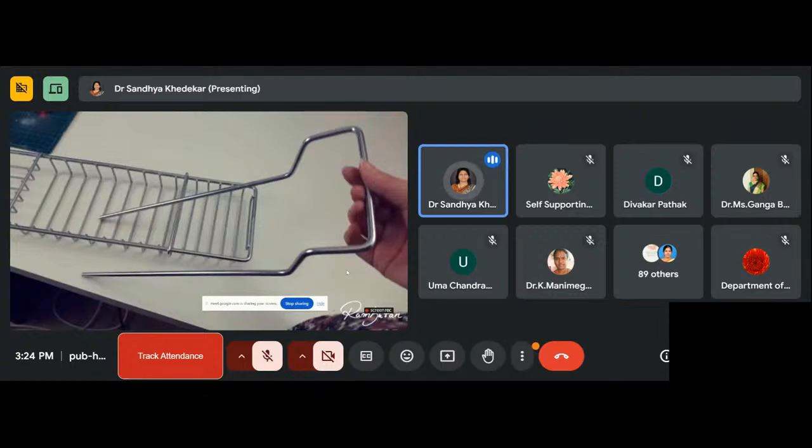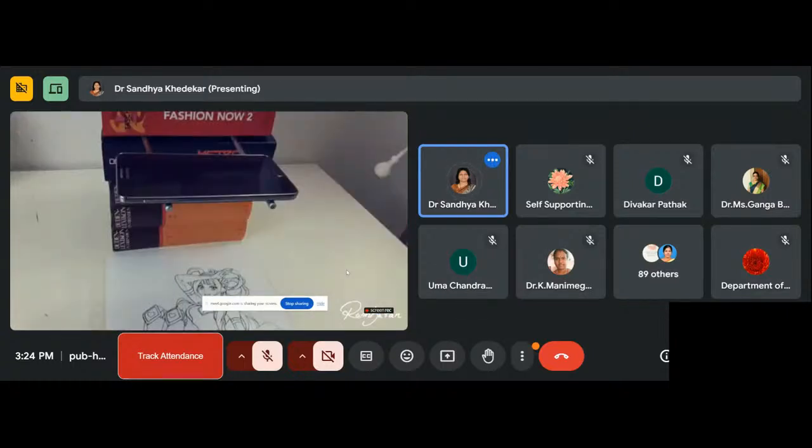Even we have these kinds of equipment in the kitchen. So this kind of recording can be done. You can put it like this and just start the camera of the mobile and that will get recorded, and you can provide your voice to it. So it's a very simple method, I'm telling you, for the blended mode of teaching learning.